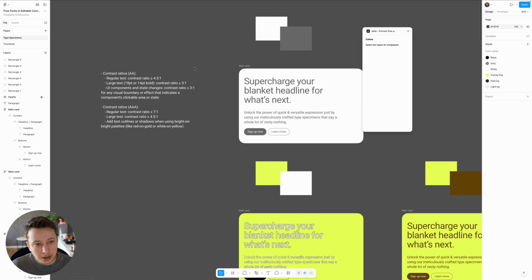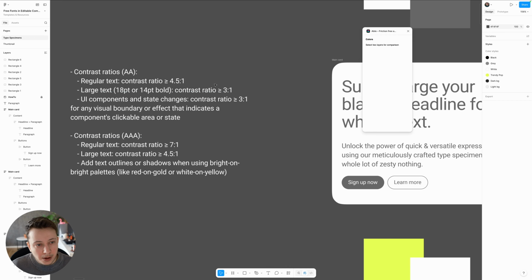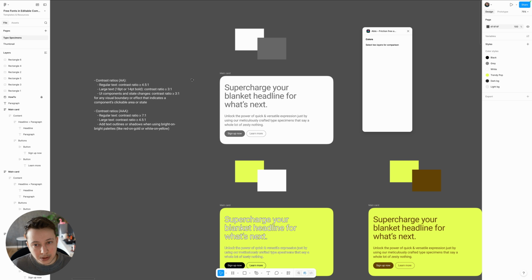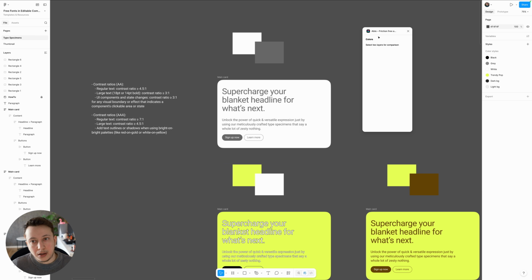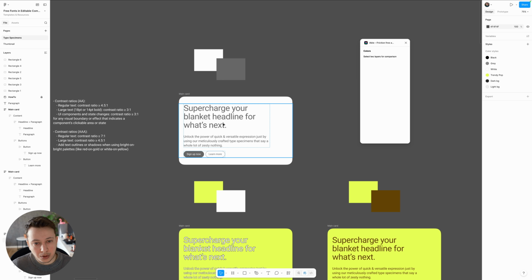And for the large text, those that are over 18 points, it should be at least 3 to 1. And the same for UI elements. So in Figma, I usually check the contrast ratio, and I'm going to show you how you can do this. For example, the text,